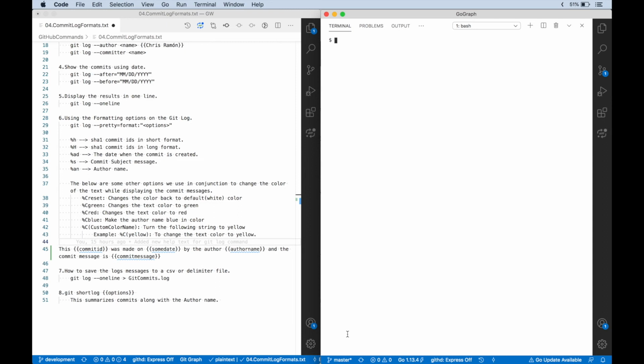Okay, so why are so many commands and options available with the git log command? This is not only for viewing on the screen, and not only for the purpose of viewing.